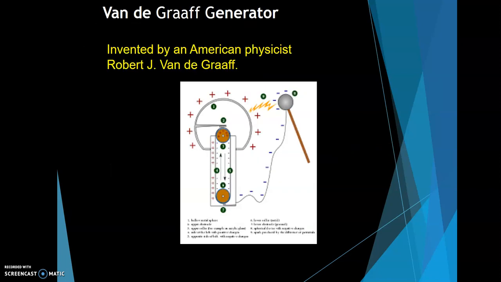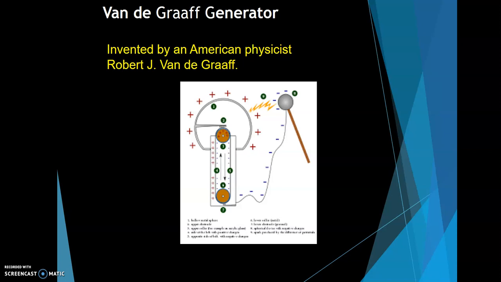Here is another example called the Van de Graaff generator. This is one of the important experiments you might have learned during your school. This experiment demonstrates the creation of electrostatic charges, and so it is called an electrostatic generator. The Van de Graaff generator uses a moving belt that accumulates static charges on a metallic globe placed on the top of the insulating column over here. They create a very high electrostatic potential of the order of a few million volts.